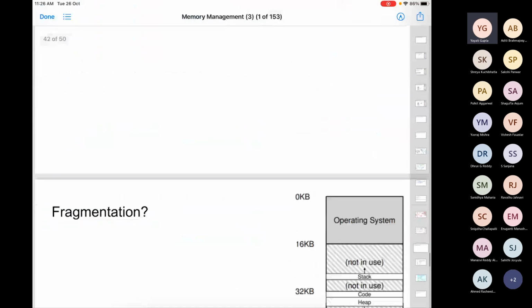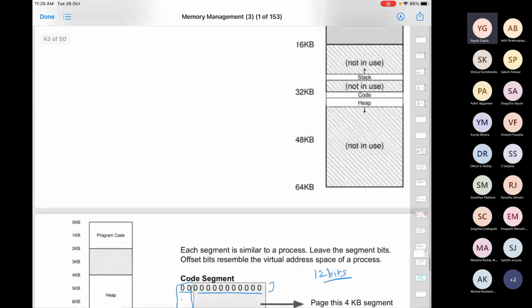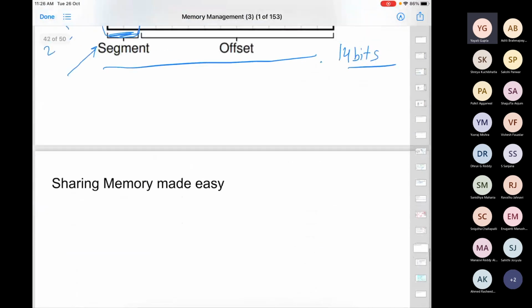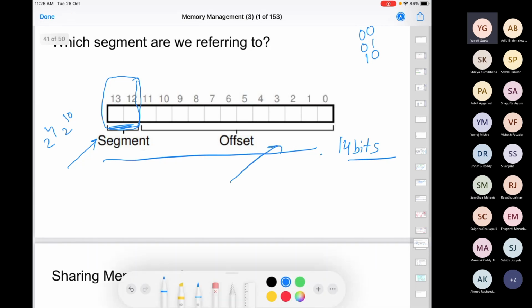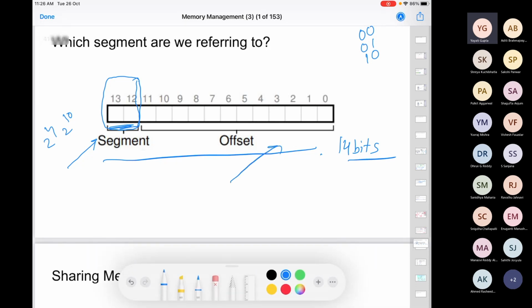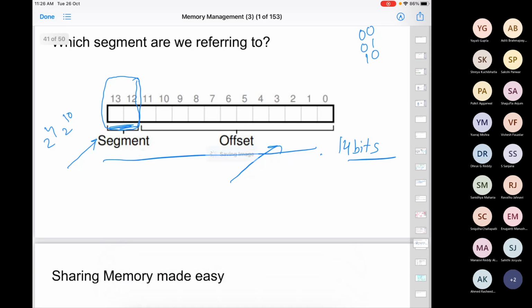Okay, I'll do one thing, I'll complete this picture tomorrow. So just take a look at whatever we have discussed and if there is any query, we can discuss that. So tomorrow we'll discuss if you are given, in this segmentation policy, a virtual address, how do you convert it to a physical address? For segmentation, we have talked about it. We'll talk about one more policy here, which resolves this problem of external fragmentation.